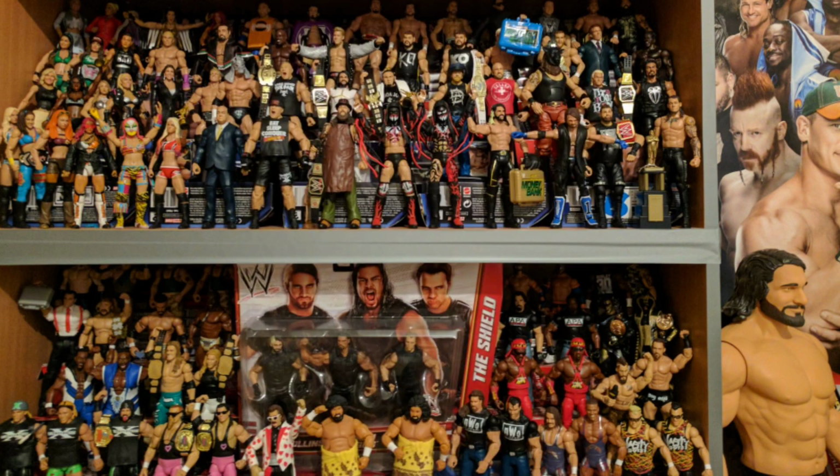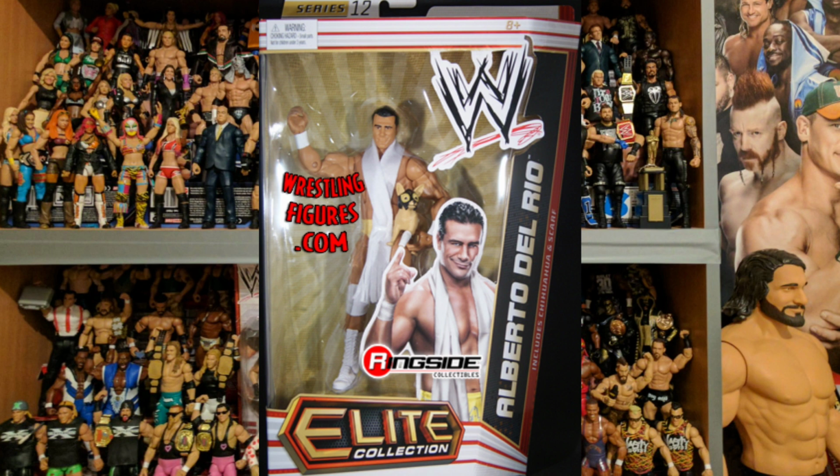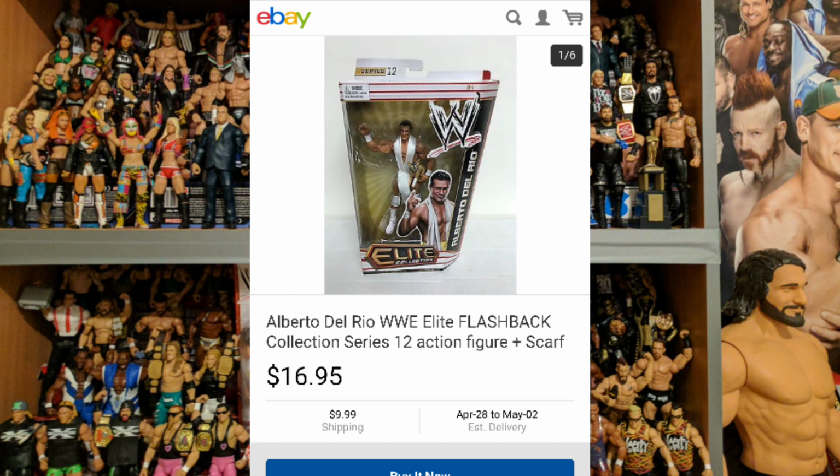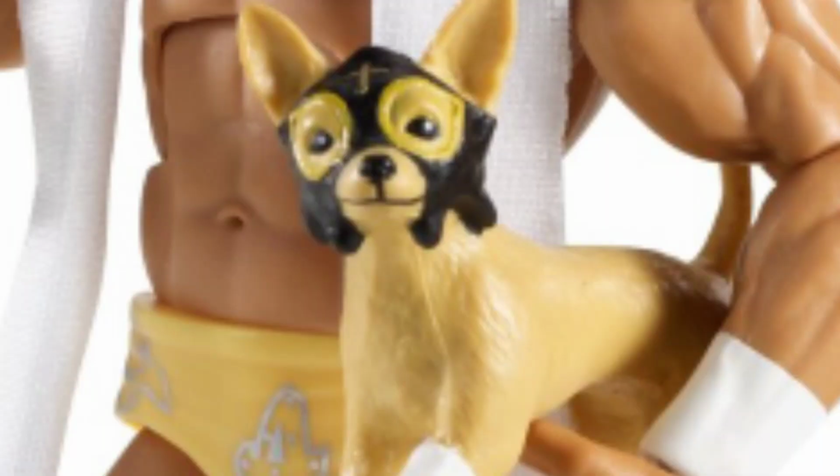One that I would be interested in though, Alberto Del Rio. This figure comes with a Chihuahua. Face scan on this I think is good. Scarf looks a little cheap. Not really a fan of that ring attire, but it's not really Mattel's fault. But yeah, white boots, white knee pads, looks quite classy. You can get it for $16.95 boxed. That's a bargain. And it comes, again, with a Chihuahua. That has to be one of the best accessories to ever come with a figure. A dog. Well, it's not a real dog, but...